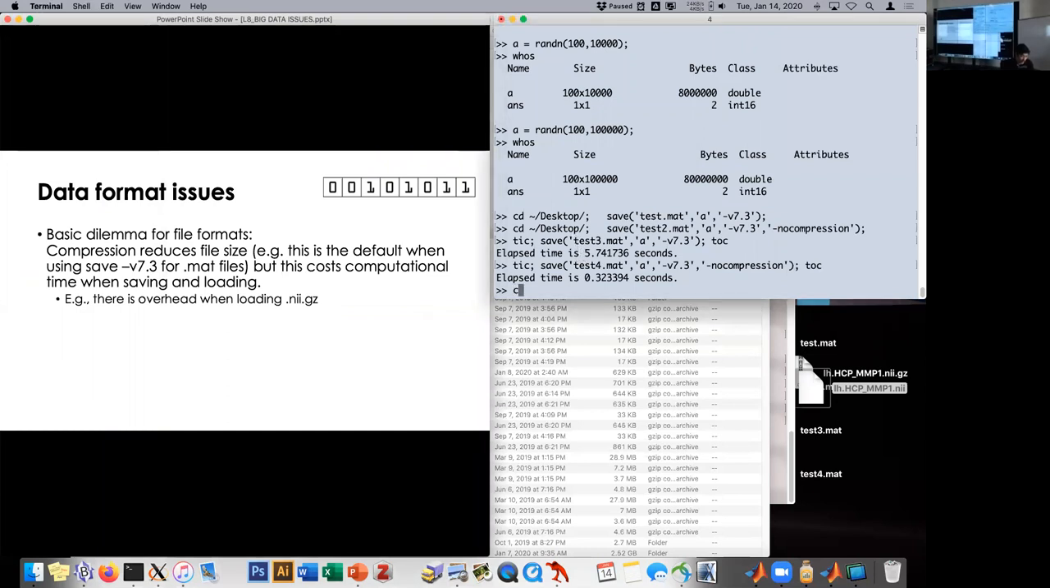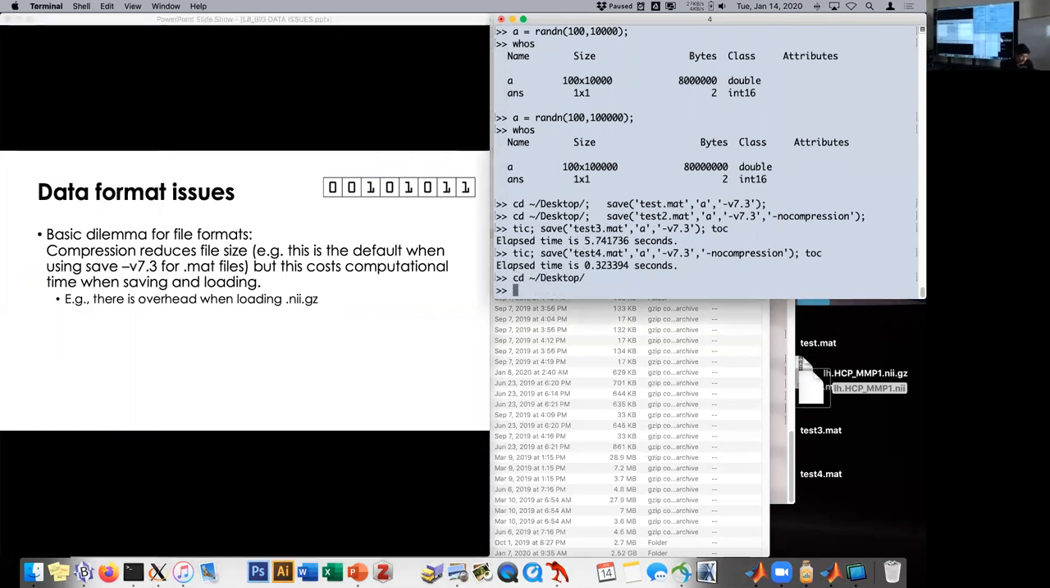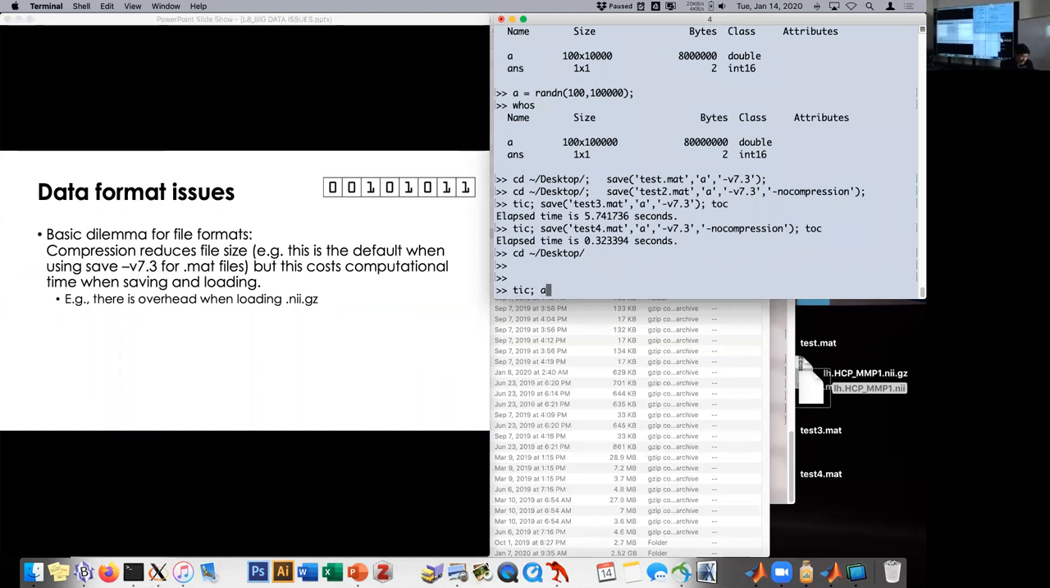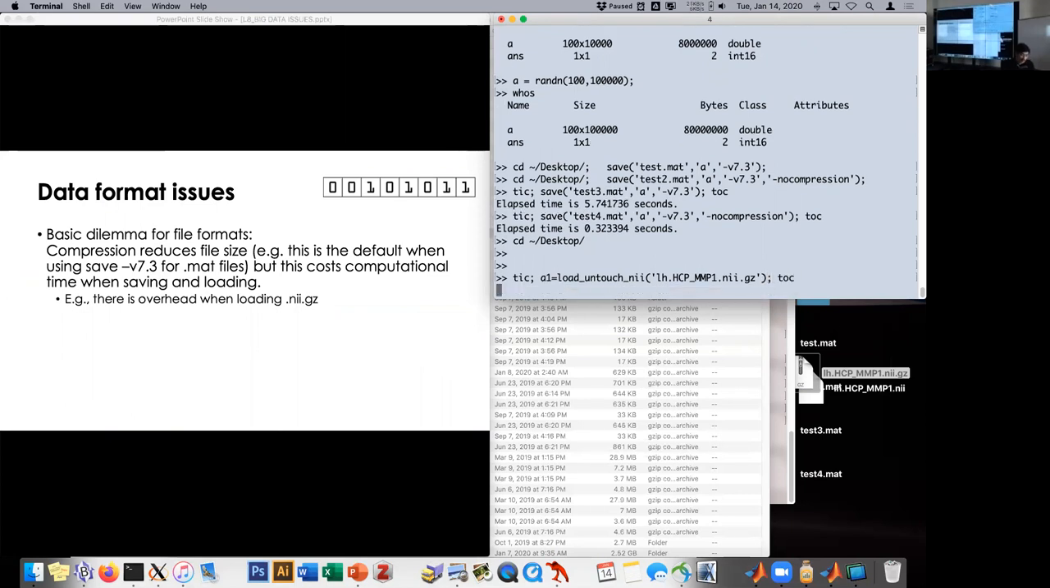Another thing, just to play on this, we can tick-tock this load. Now I'm going to use this little toolbox that we have used in the scripts. You can give it a GZ, but under the hood, it's unzipping it. I can show you the line where it does that. And it's actually sad because